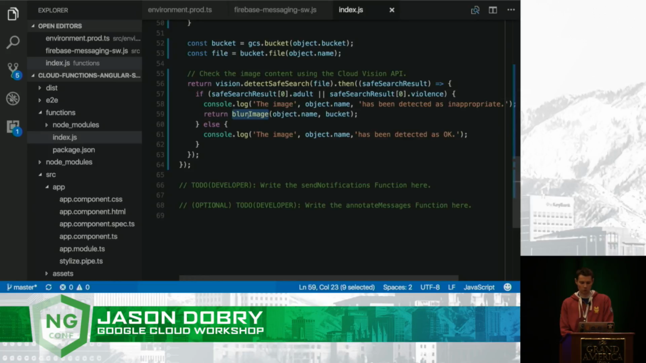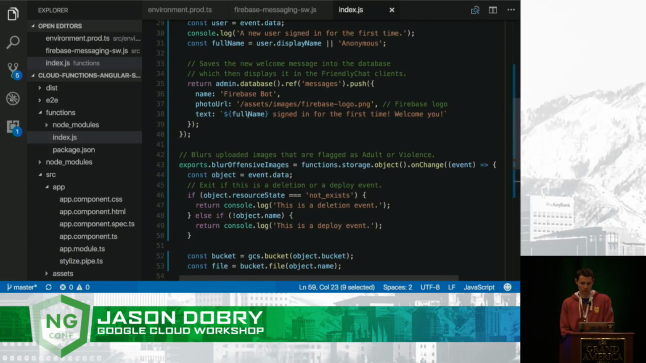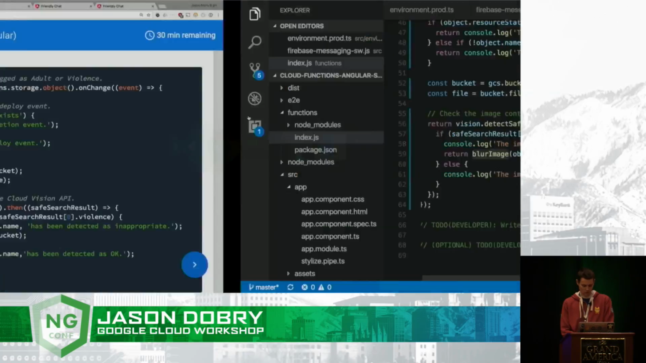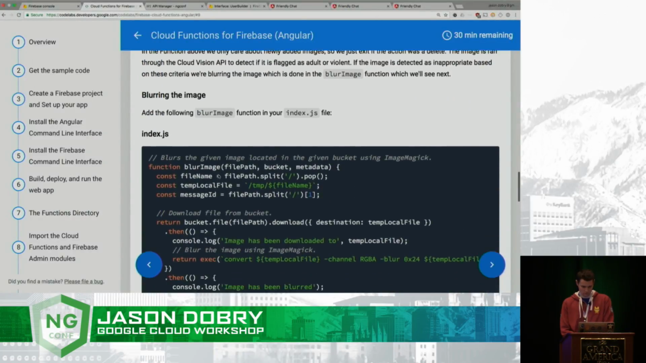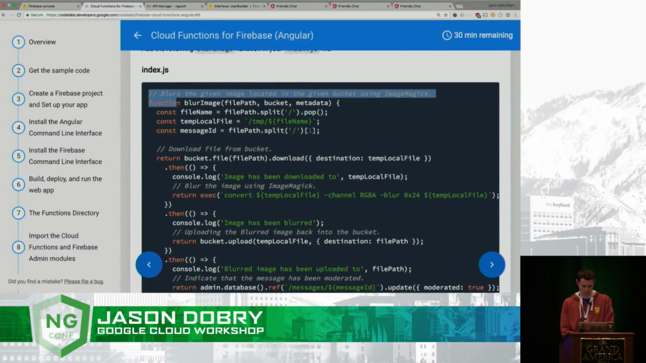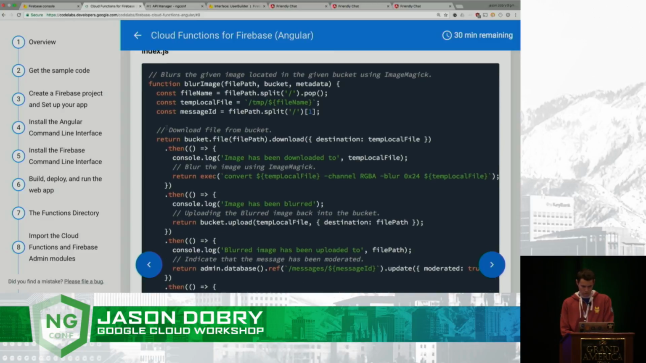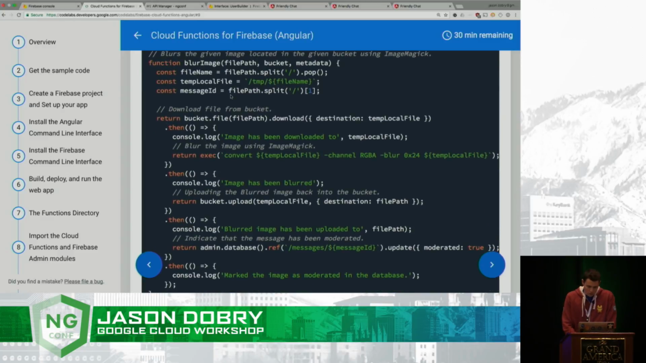Yeah, so here we say if it detects adult or violent content, then what we're going to do is we're going to call this blurImage function. I don't think we have it yet, so maybe it's over in the instructions somewhere. There it is, blurImage. So if I dive through this code real quick,